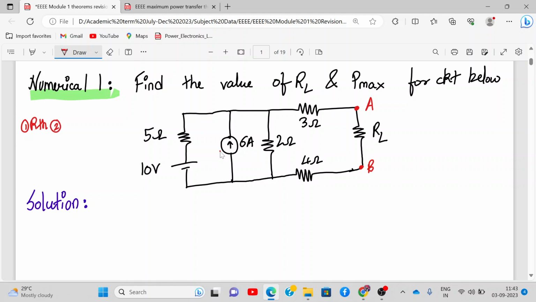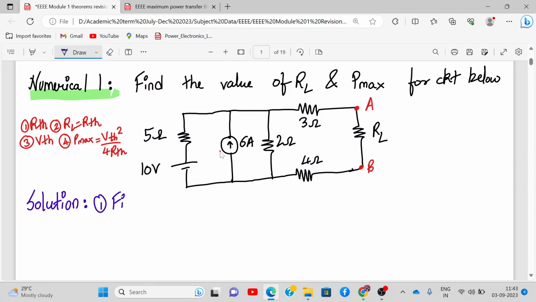Then we say that maximum power will be transferred from the source to the load whenever RL is equal to RTH. Then we'll find the value of RL. Third thing is we'll find the value of VTH. And fourth, once we get RTH and VTH, we'll find Pmax, where Pmax is VTH square upon 4 RTH. So this is the flow we'll follow, 1, 2, 3, 4. So let's begin with